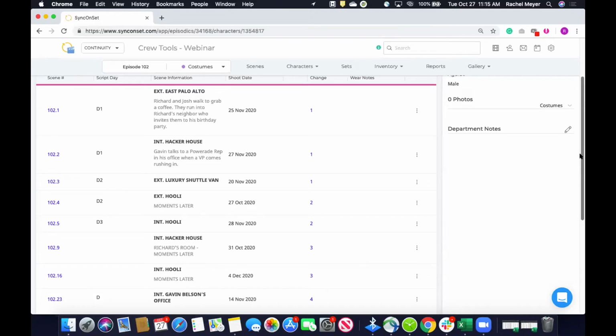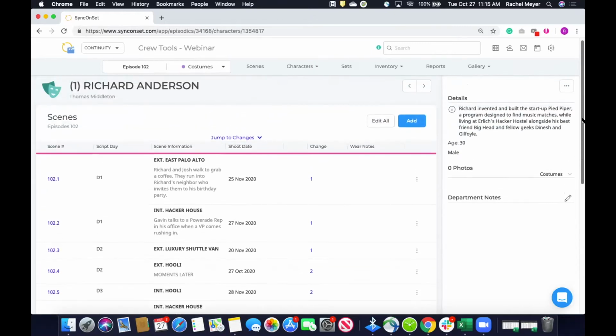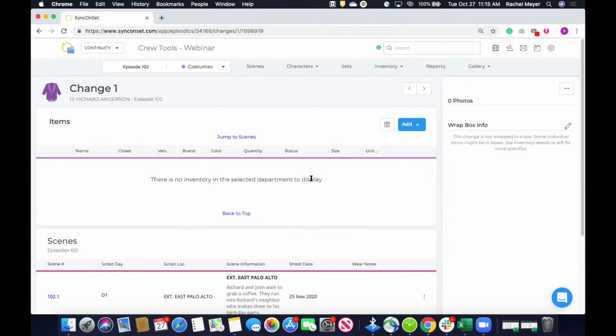But now that we've walked through different ways to build out the changes on a character breakdown or a scene view, let's jump into an actual change and see how we can build out inventory. I'll use change 1 as an example, and I'm just clicking on that change hyperlink number. So we've got a blank canvas, and we can start adding inventory